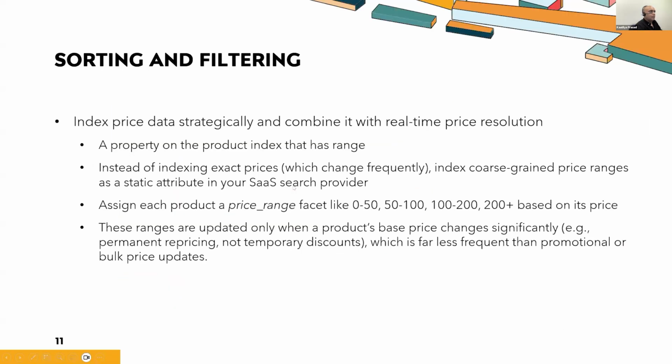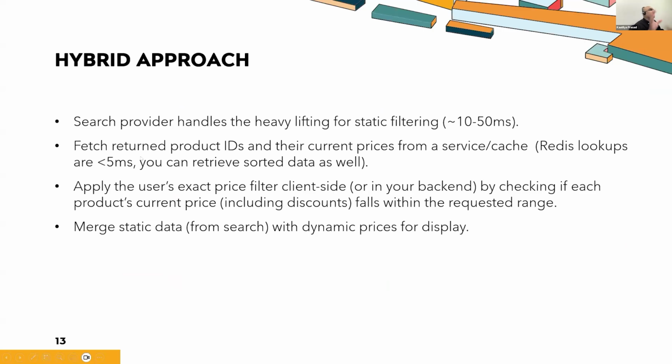So now what we did is that we got it from search, went to the cache and added the pricing, joined it, and then we applied the exact filter what the customer wanted, and removed the products that are not matching the filters in the head app. So it's a hybrid approach. It does add some latency, because if you do everything in search, as in the first approach we had, you don't have to do all of this. So it is adding to the latency, but that's the trade-off we have to discuss